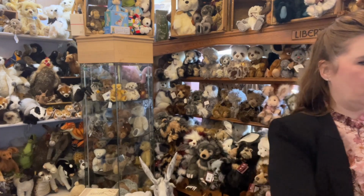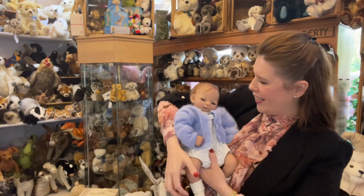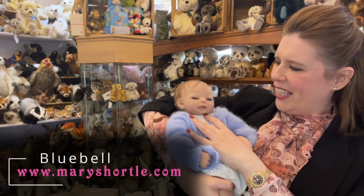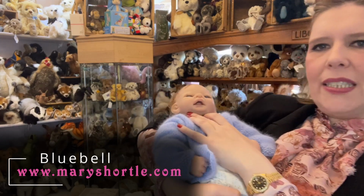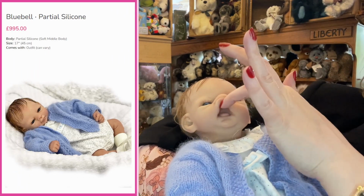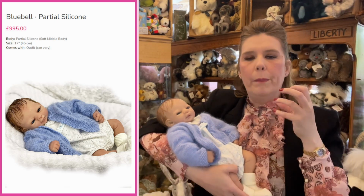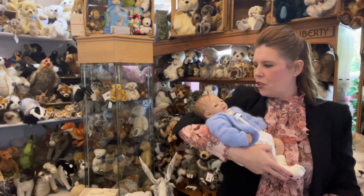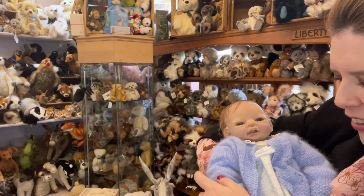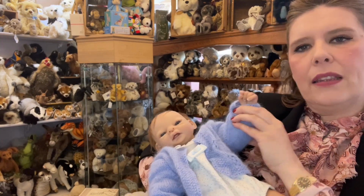It's a new sculpt from Nell, and it's absolutely oozing with character. Look at this one. Isn't that lovely? So this has a sweet little open mouth with the tongue, so you can actually pop a dummy into here too. So they're quite flexible, but also robust enough to be able to handle and enjoy. It's got the fine rooted hair. I've actually just sprayed and styled the hair on this one,